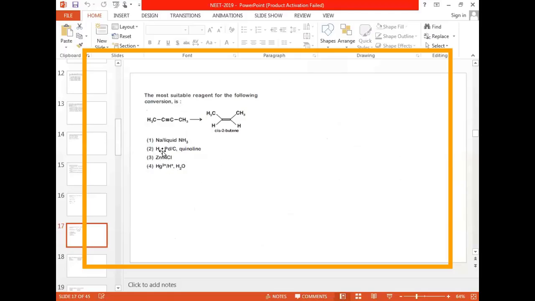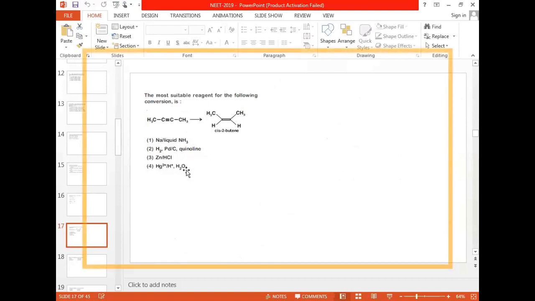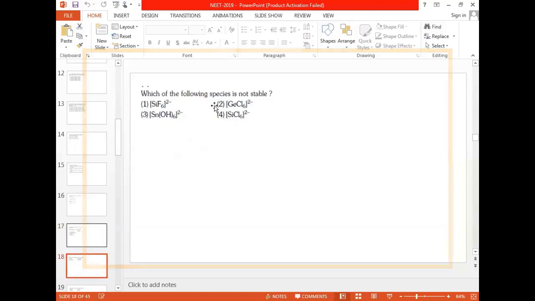We can select option 2 as the right answer, and option 1 is for which one? Birch, trans alkenes, Birch reduction. Then here ZnCl2 we are using for preparation of haloalkanes. And if you take Hg2+ and H+ in the presence of H2O, we are using it for an isomerization reaction. Idea is there? Isomerization reaction. The other name is keto-enol tautomerism. We can see in the case of alkenes and alcohols, the enol form is converting into either keto or aldehyde form. That is keto-enol tautomerism.